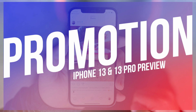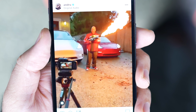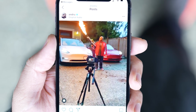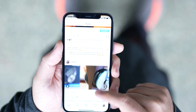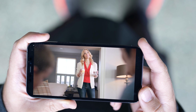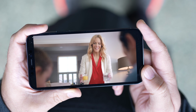starting with 120 Hz ProMotion displays. Apple defines a ProMotion display as a display that can dynamically adjust its refresh rate to match the movement being shown on it. So for example, when scrolling or playing a game, the iPhone 13 Pro display will refresh at 120 Hz, providing a super smooth motion experience. However, when watching a movie, the display can automatically adjust down to 24 Hz or 30 Hz to match that content. And if you're reading an ebook or web page, then the display can automatically adjust to a super low